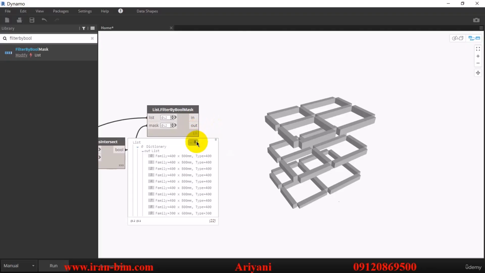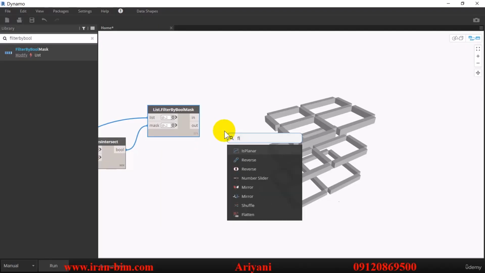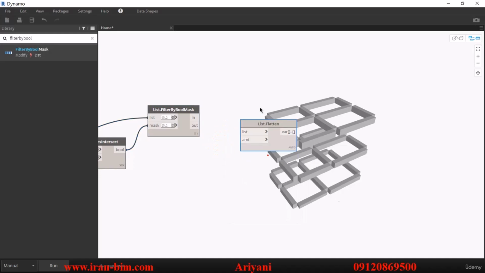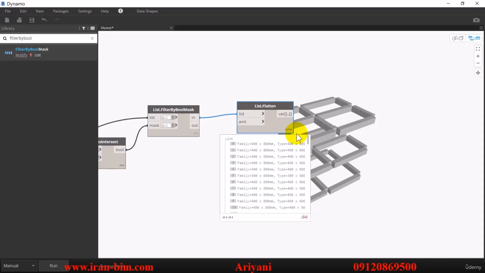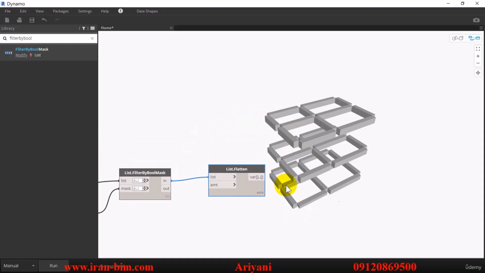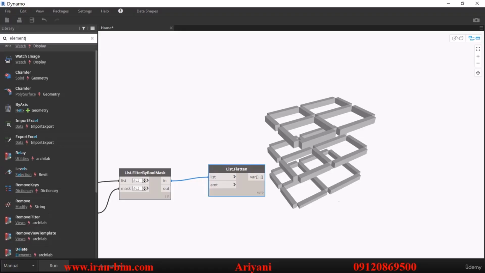Alright, so in the next step, as you know, we want this result from the list. This one. So I'll look for flatten and add it to a thread so it can turn all of these into one single list. So we can have them one after the other like this. Alright, so now we want to join these, so we'll need to use a package which I'll show you how to download, but now I'll just look for